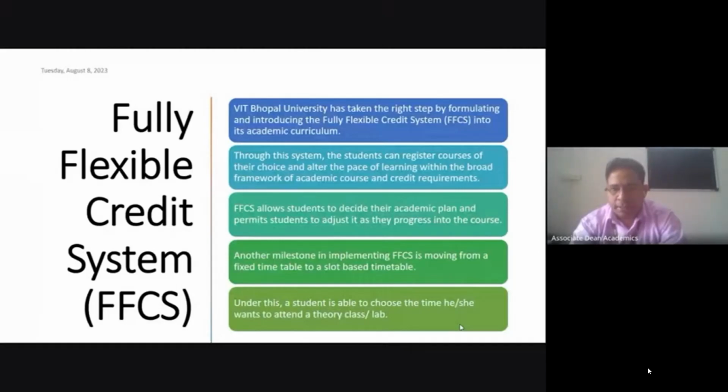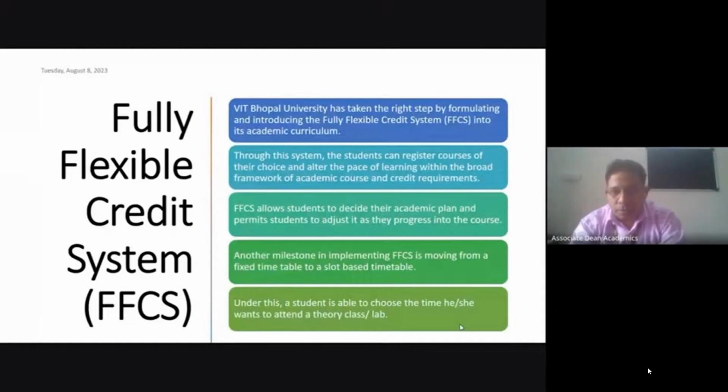Particularly for BTech and integrated MTech programs, we will have a list of non-graded mandatory courses of approximately 9 credits, which will be additional to your regular curriculum, to your 160 credit curriculum or 220 credit curriculum. You have to complete 8 or 9 credits additionally, which will be mandatory courses, but those will be non-graded courses. Non-graded means you will not be awarded any grade for those courses, neither A grade or B grade or C grade or S grade. Only pass or fail will be the criteria for those courses, and those courses will also be an additional part of your curriculum.